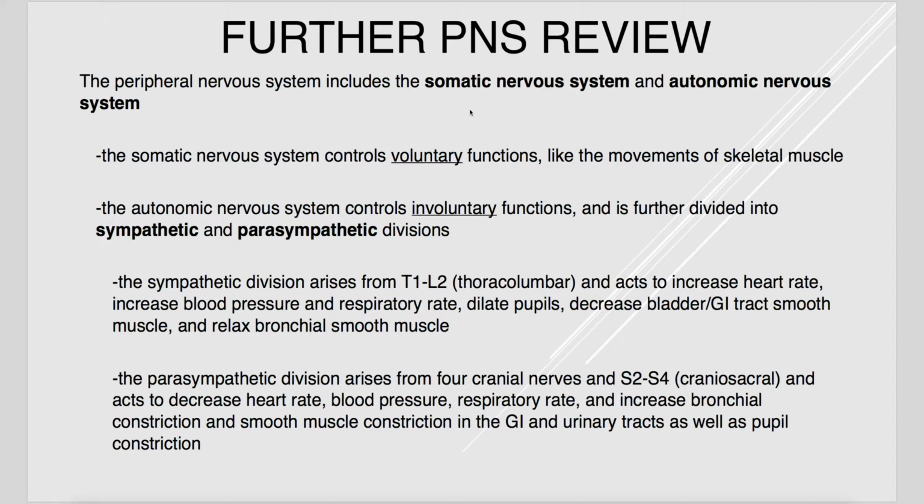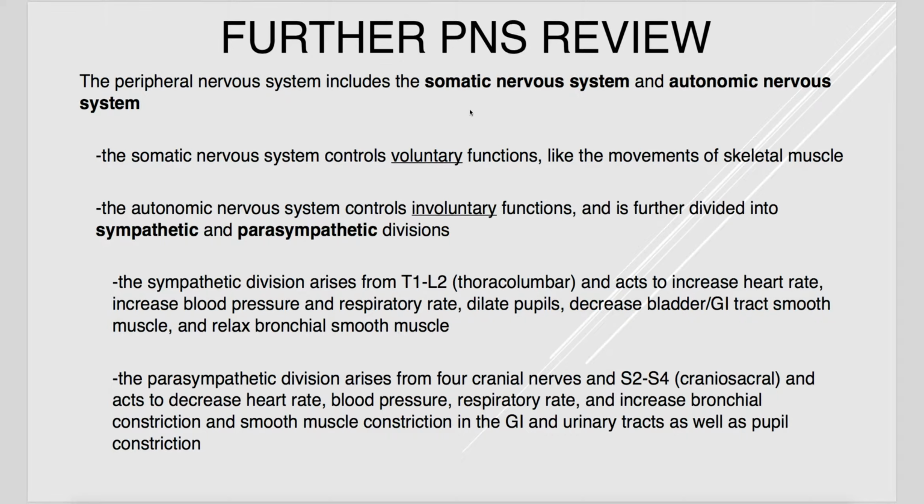The sympathetic division is classified anatomically as thoracolumbar, and that's because it arises from the spinal levels T1 through L2. And its job is basically to increase heart rate, increase blood pressure, dilate the pupils, relax smooth muscle, increase respiratory rate, and some others. But basically, all of the responses that you would want in order to either fight or